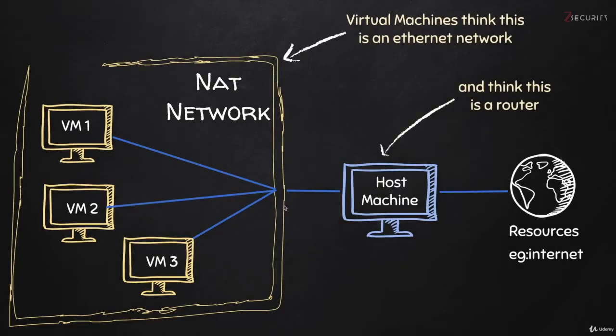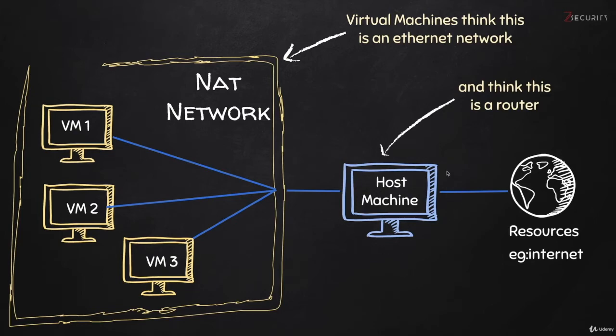So it'll first allow my virtual machines to have internet connection. It'll also allow them to communicate with each other. And it'll do all of this through a virtual network. It will not use any of your wireless adapters or any of your wireless cards. It'll create a virtual Ethernet network. So as far as the virtual machine is concerned, they're going to think that they're connected to a network through